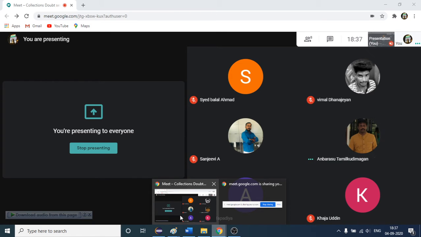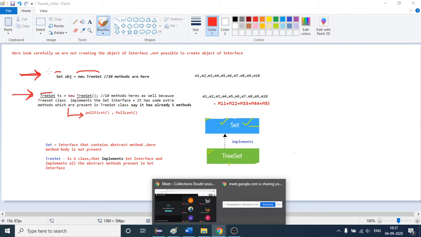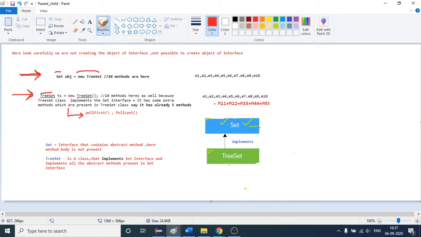Some people think, see, this is an interface. I am writing interface here. I am making the object of the class here. After the class name, braces will be there, I forgot to put them. So this is a class, but here you can see that I am creating the object like this. So what is the basic difference? People think that the first statement is wrong, but it is a correct statement. I am trying to explain the basic difference between these two statements.